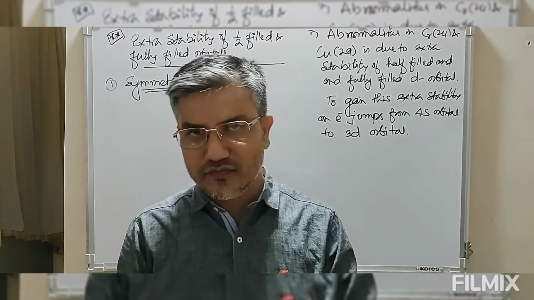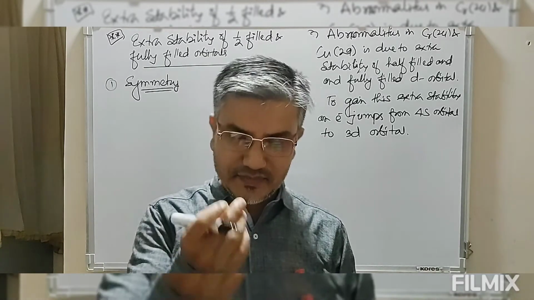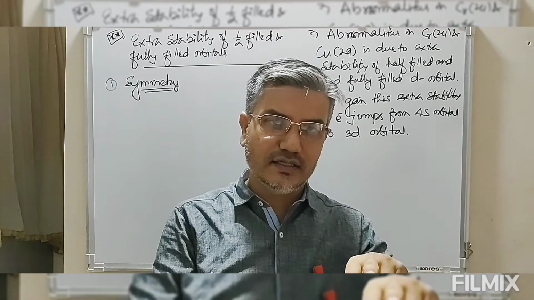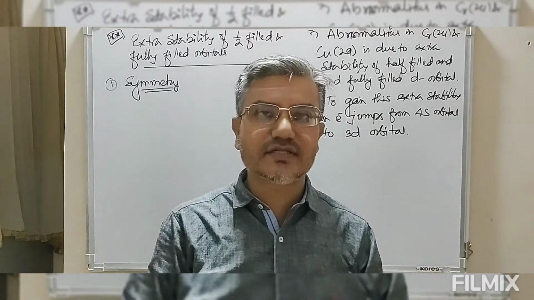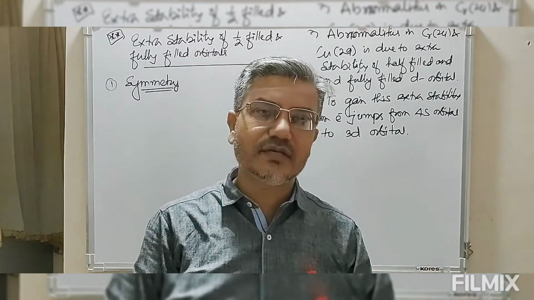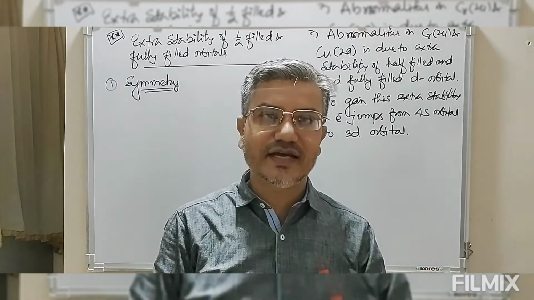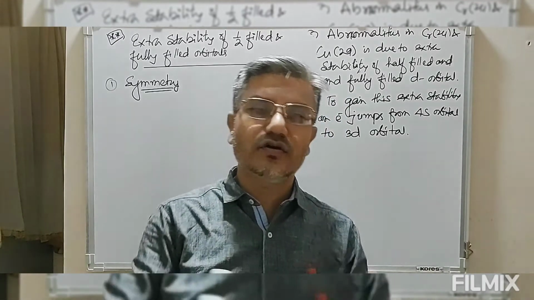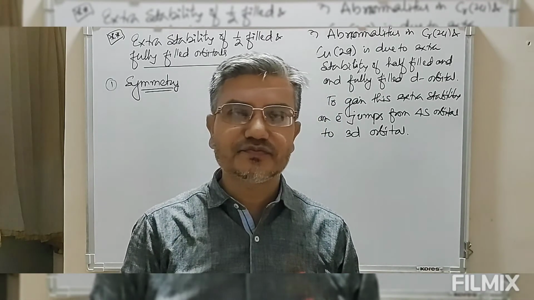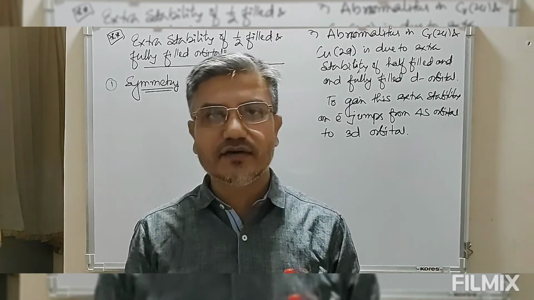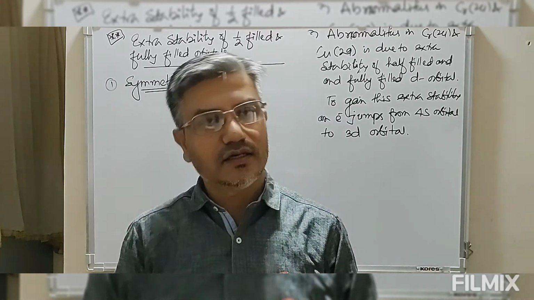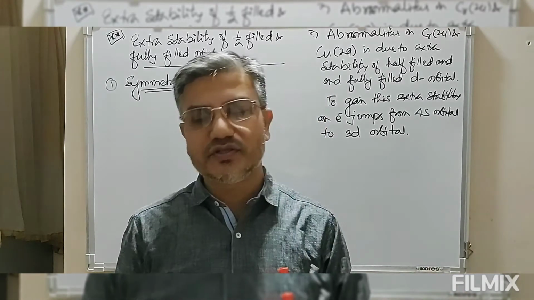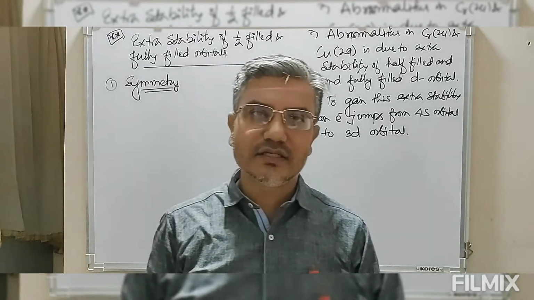A table has 4 legs. If one of the legs is made slightly shorter, then obviously the table wobbles. So that means the table is not stable. The table will be stable only when all 4 legs have exactly identical length. This is the meaning of symmetry. If we remove one leg from one of the corners, again that table will not be stable. So whenever there is destruction of symmetry, destabilization takes place.